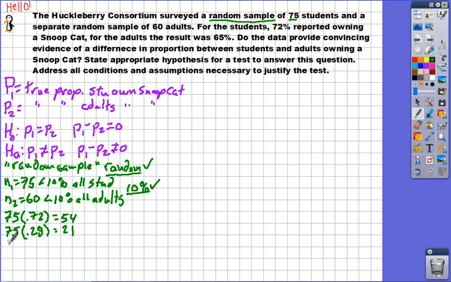Going on to N2, we have 60, and 65% was the success rate. So we multiply that out, we get 39. And then times the failure rate, 60 times 0.35, and there we get 21. All of these are greater than or equal to 10. So large counts,